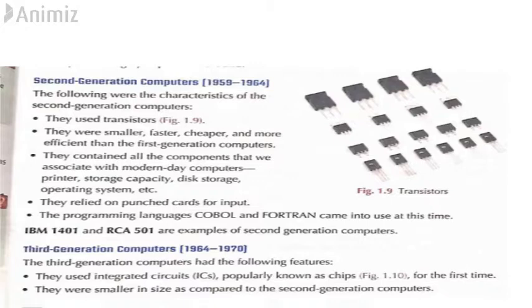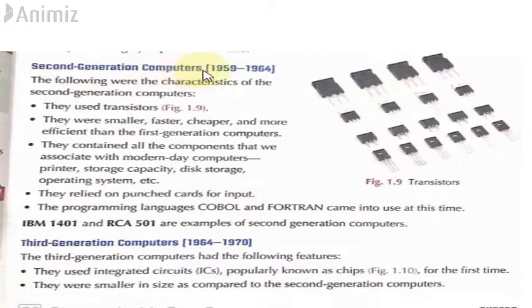In the previous lecture, if you had listened to the lecture, we discussed the first generation of computers. We discussed the limitations, which computers were included, what their characteristics were, and who invented them. So today we are going to discuss second generation computers and third generation computers. If we have time, we are going to discuss the fourth and fifth generations of computers as well. Otherwise, we are going to do that in the next lecture. So let's get started.